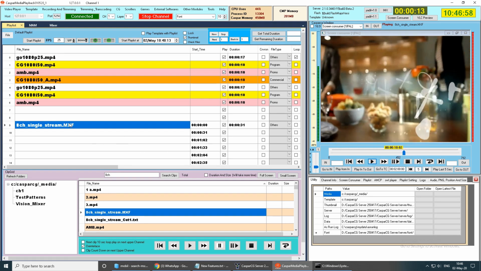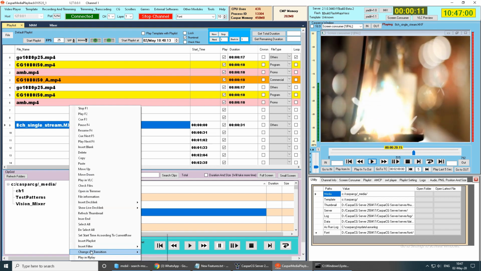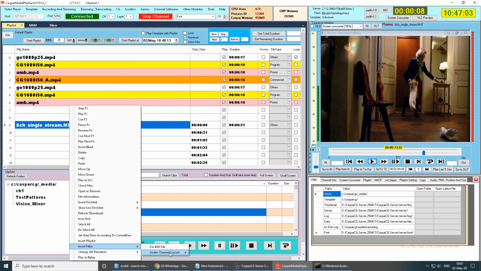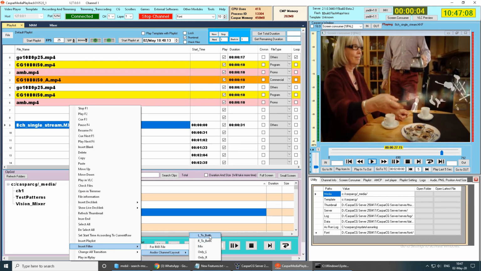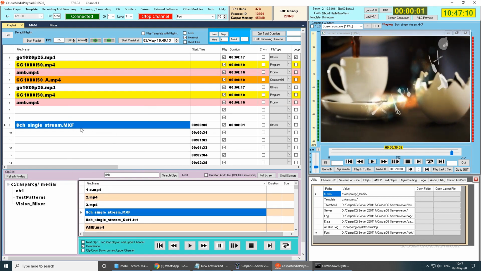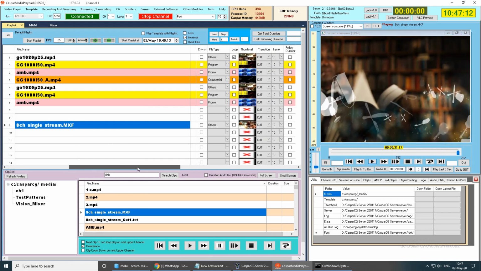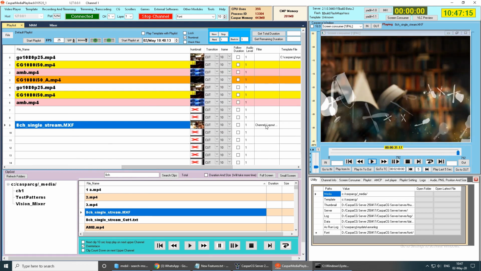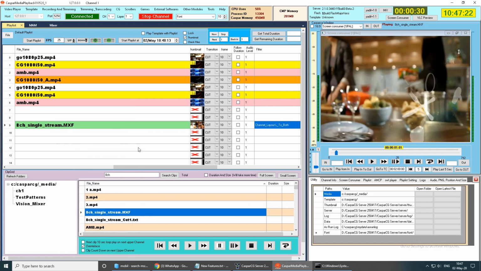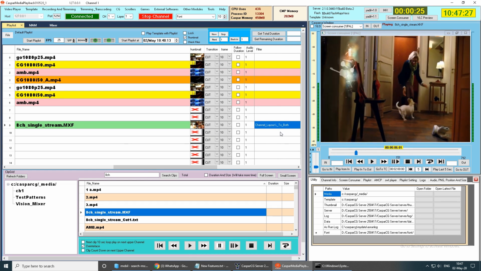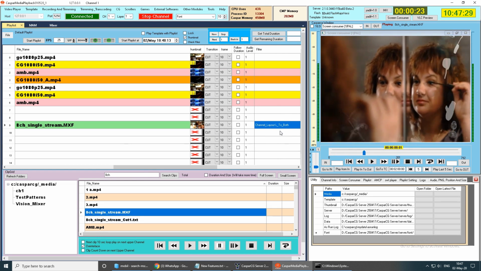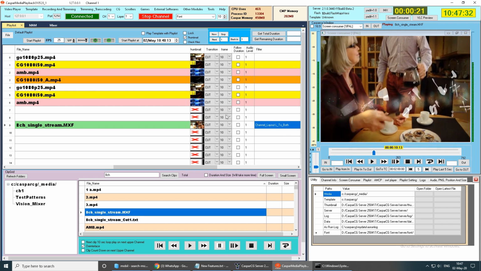So what I have done is, in this right click menu, insert filter, audio channel layout filter. If you click L2 both, there will be an entry in the filter column, audio channel left to both. So when I play it, you can see both audios are the same, meaning L2 both. I have duplicated only the left channel to the right also.